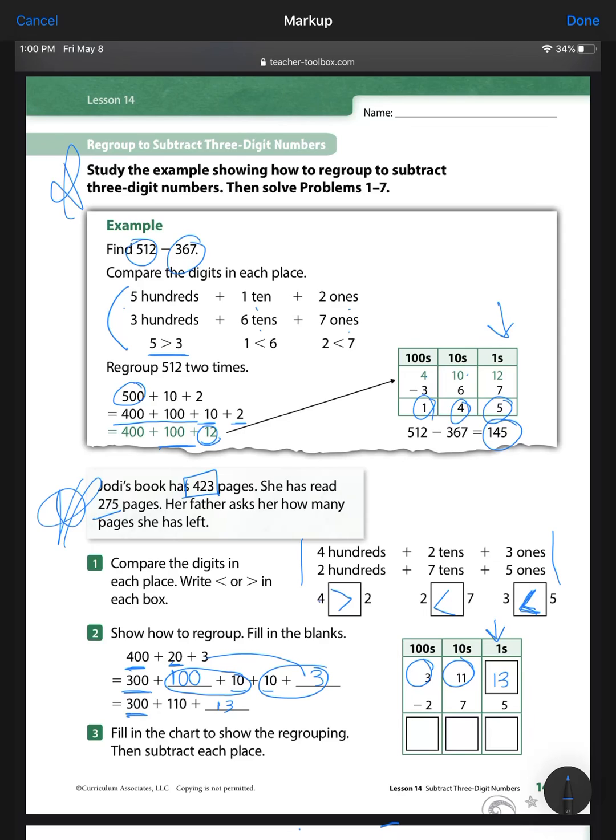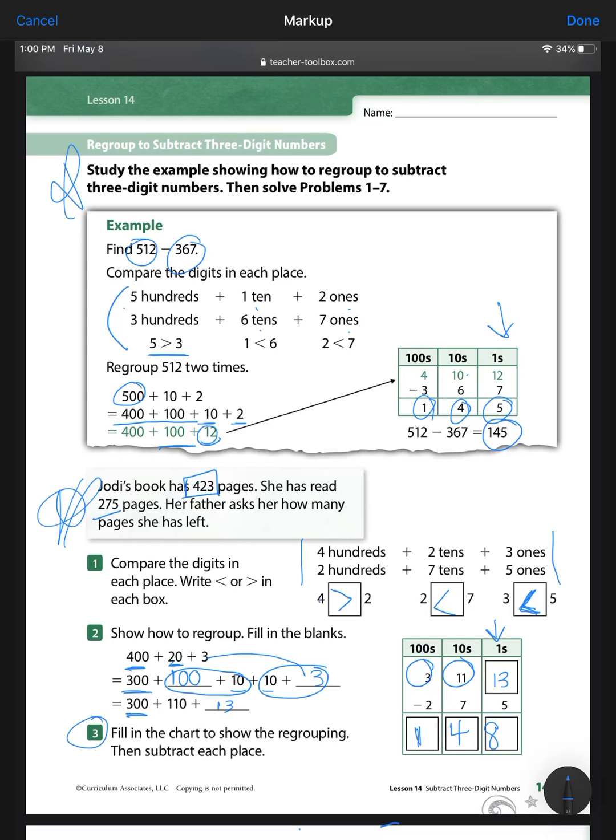Starting in the ones place, 13 minus 5 is, right, 8. And then 11 minus 7 is, good job, 4. And then 3 minus 2, what's that equal? Great job, 1. So our answer is